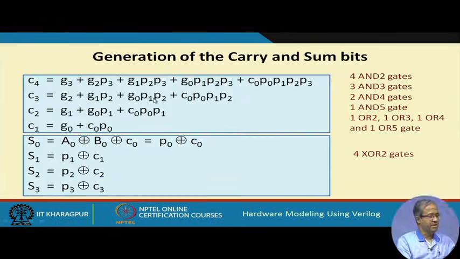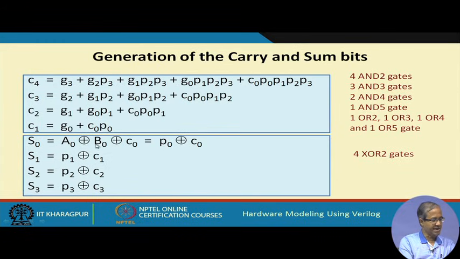So, actually this is what I have just now showed. C1 is this, C2 is this, C3 and C4. So, you require so many gates and the sum you can directly generate. You see,